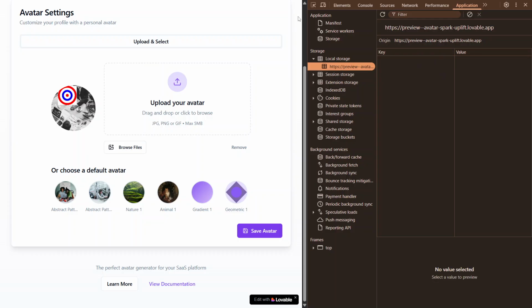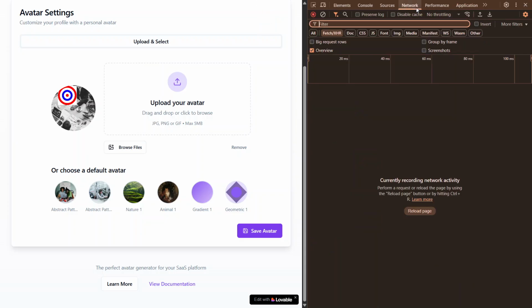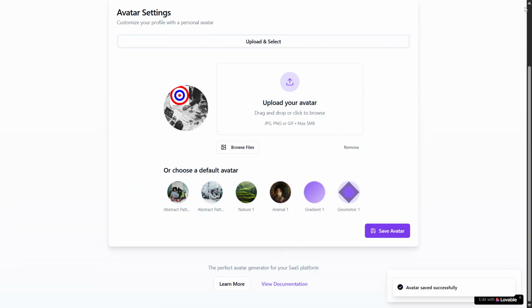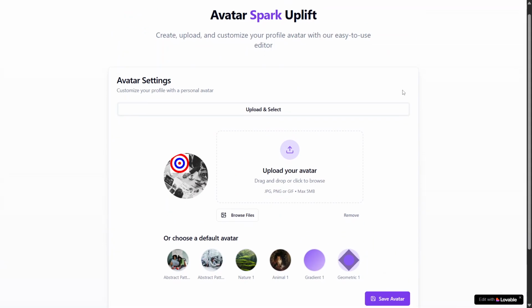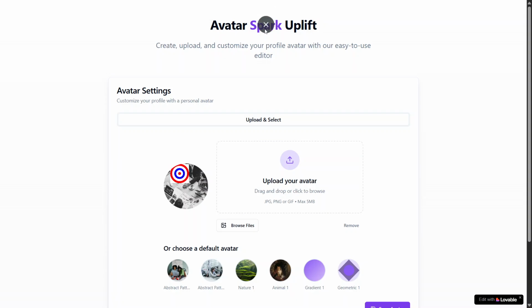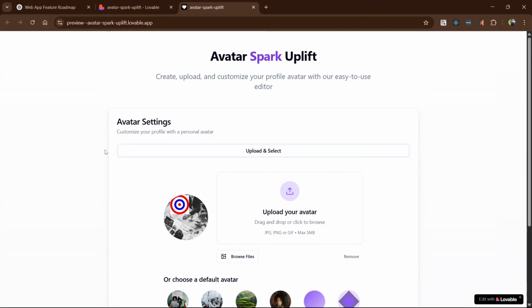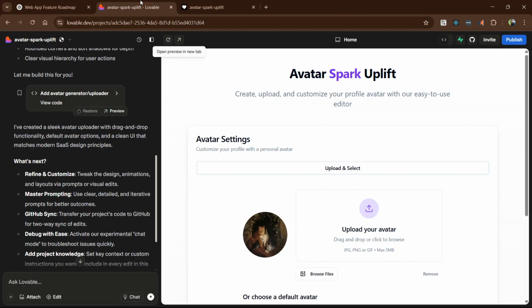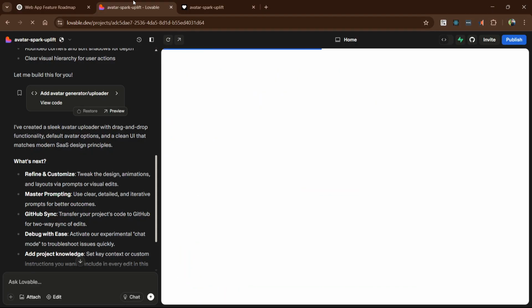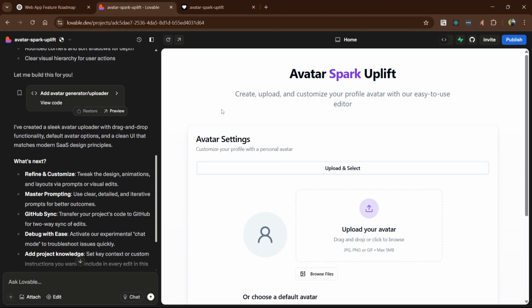Okay, it's not in the local storage, so it's not saving in the local storage, it's saving somewhere. In terms of network, if I call save, it says save, but it doesn't save anything. Okay, so we have to hook this up. So that's how it looks. That's how our avatar app looks in the first day. Okay, so with this, we'll move on to the next. And let's look at the